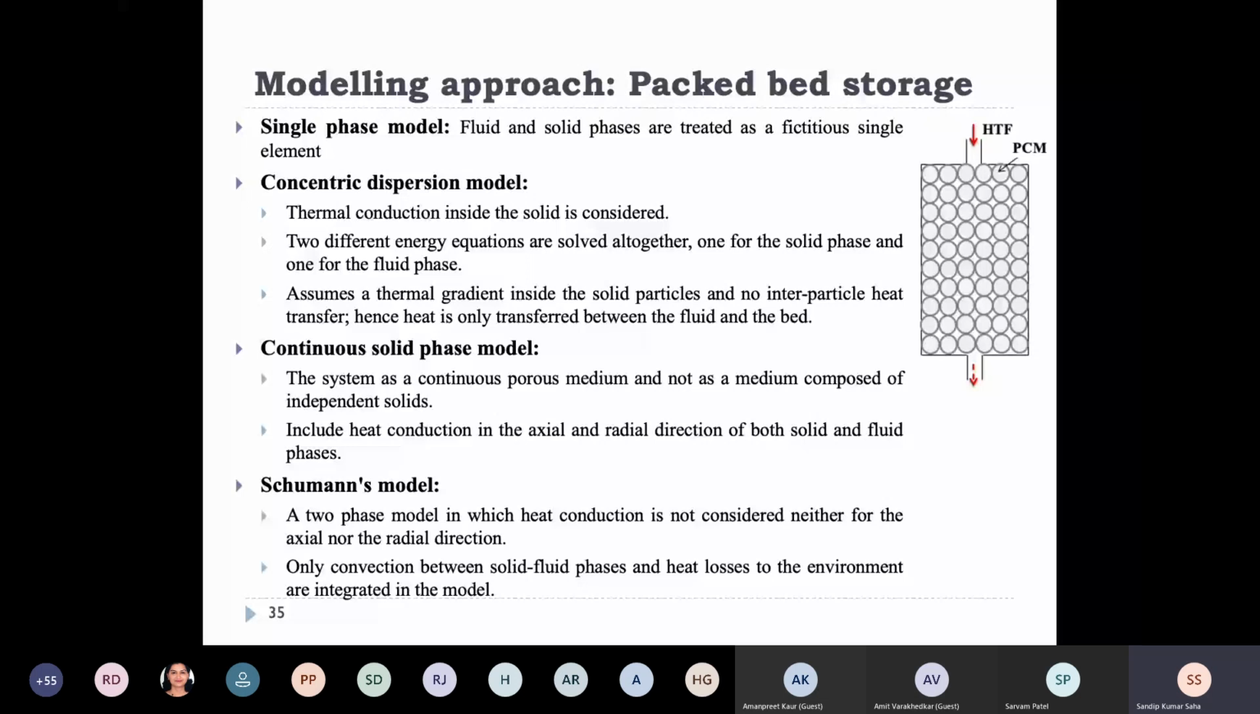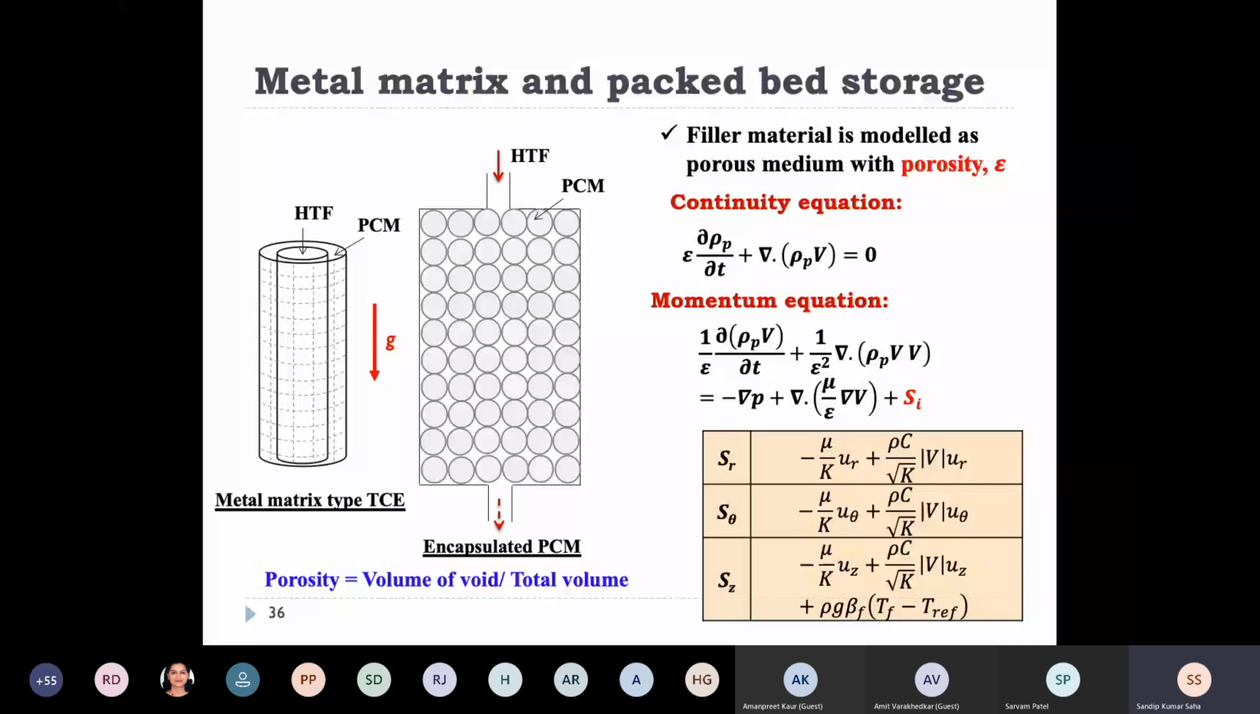So in the single phase model, as I told you, we just assume the material as a fictitious material. Let me tell you briefly first, before going into the single phase method, that we will still solve the continuity equation, what I showed you. We will still solve the momentum equation, what I showed you. But here is one catch: this form will be solved using the porous medium approach, where we will assume that epsilon is